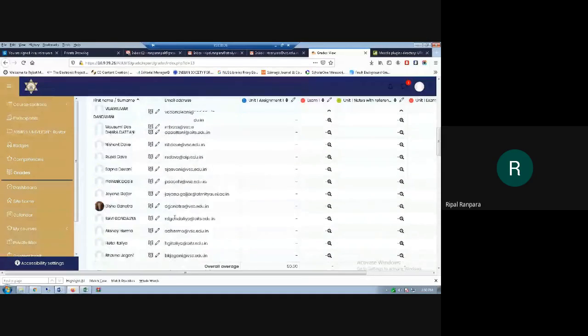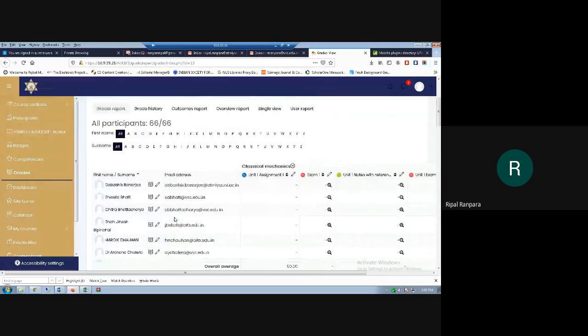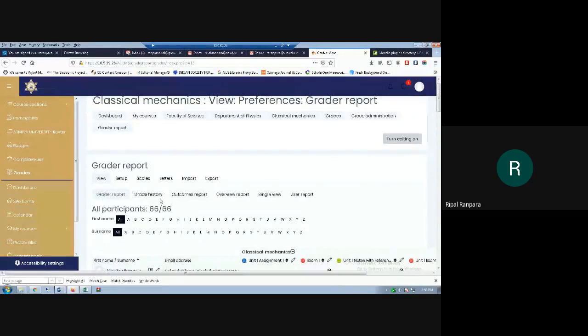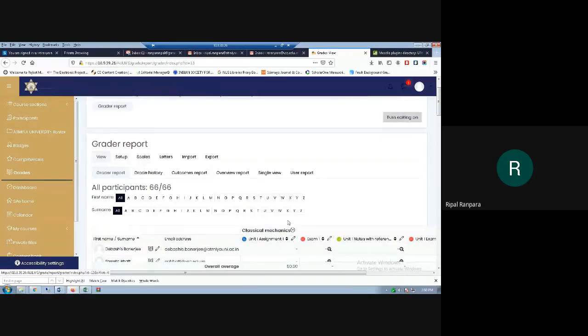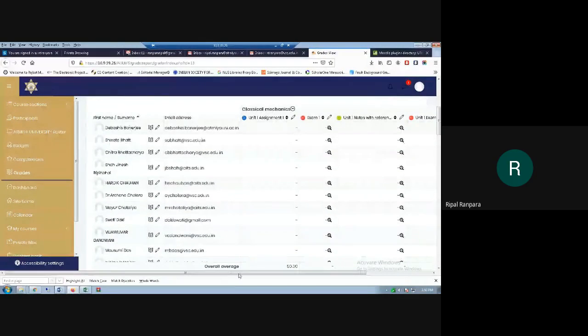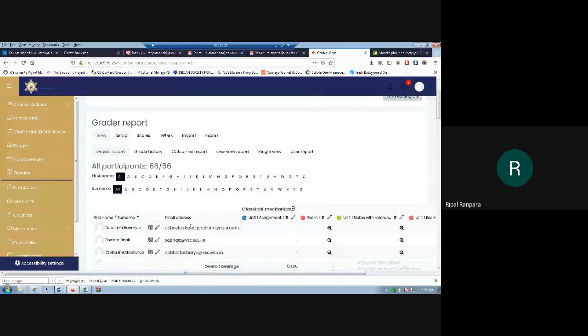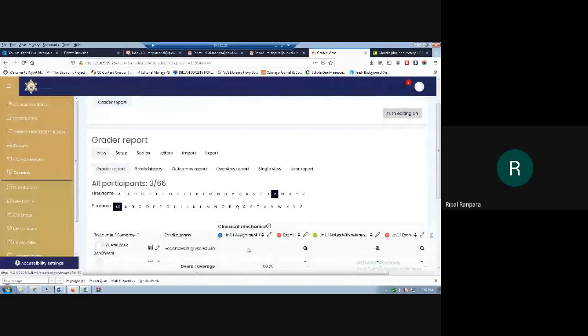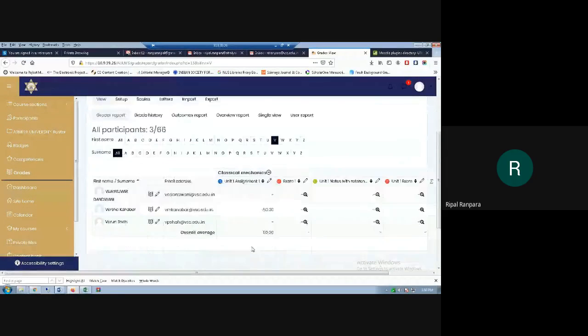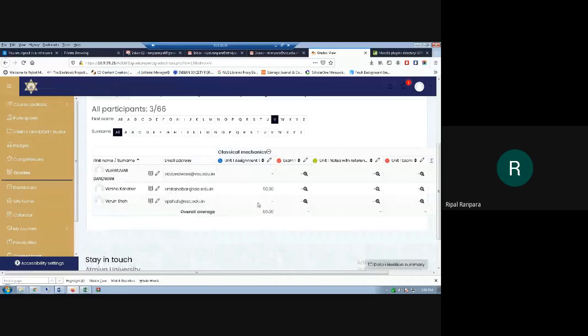Now what I want is, let us say, who has submitted the particular assignment. I think no one has submitted the assignment. Let me check, like Varsha ma'am is there. So if the particular student has submitted the assignment, then his or her grade will be displayed over here, as you can see.